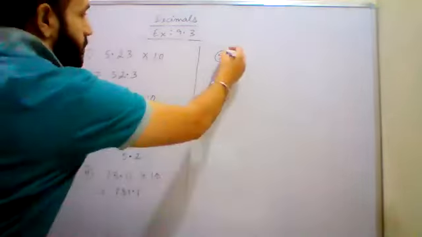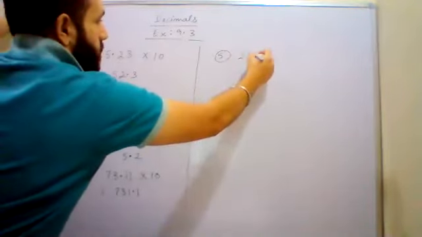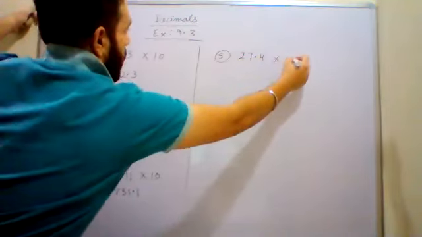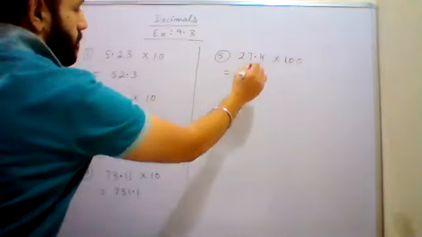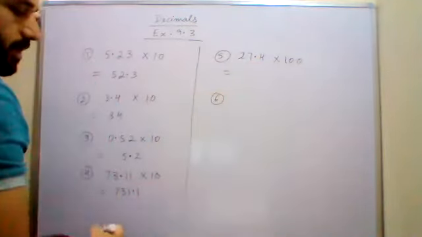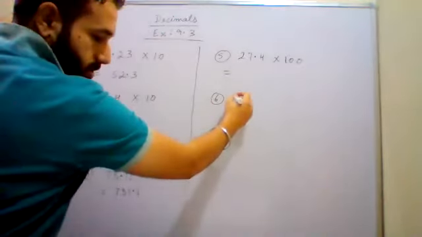Okay, before doing the fifth one, we will do the sixth one. I am writing the question. 27.4 multiplied by 100. This time it is 100. We will do this one, but before this, the fifth one, we will do the sixth one. Sixth one is